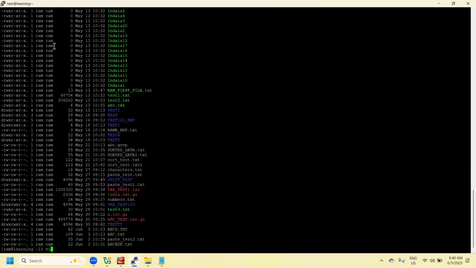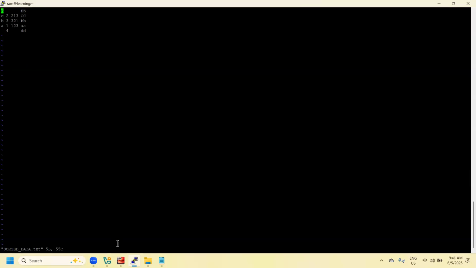And we can also open multiple files at a time. For example, sorted data, test2 and abc paste, multiple files we are able to open by using the VI editor. It's not necessary that we should always pass a single file to open it. So for example, currently if you opened